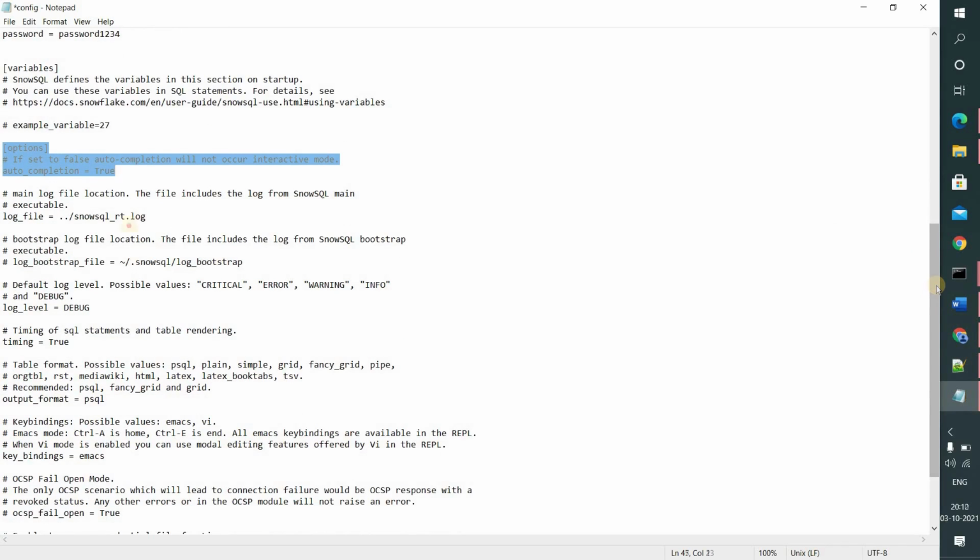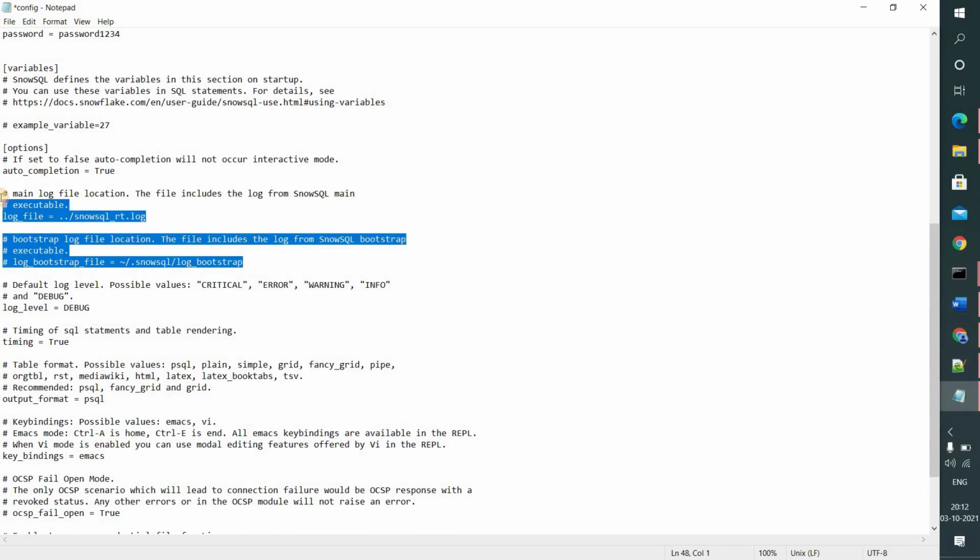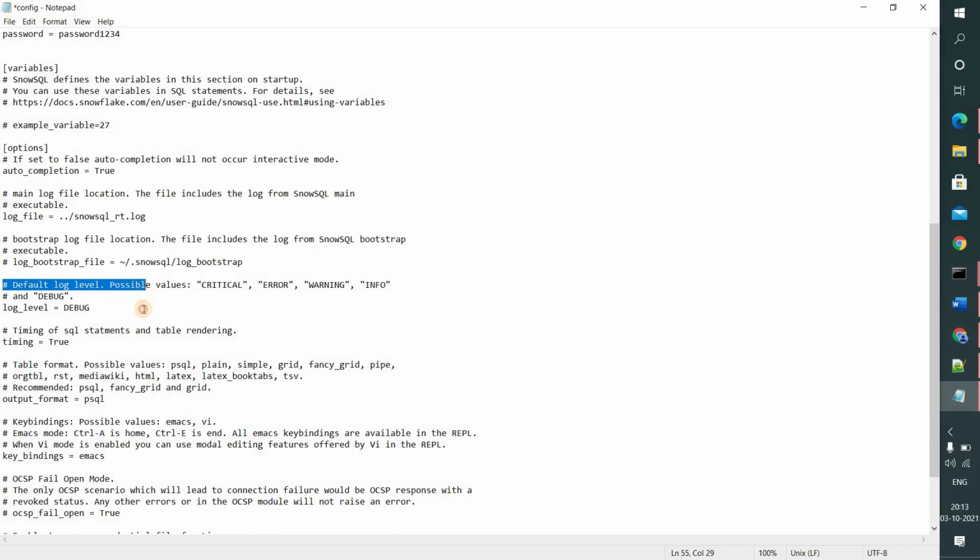And in these 2 sections we are specifying the path of the files where Snowflake CLI writes the logs. In this section we can specify the level of detail of the log, and timing of SQL statements and table rendering.